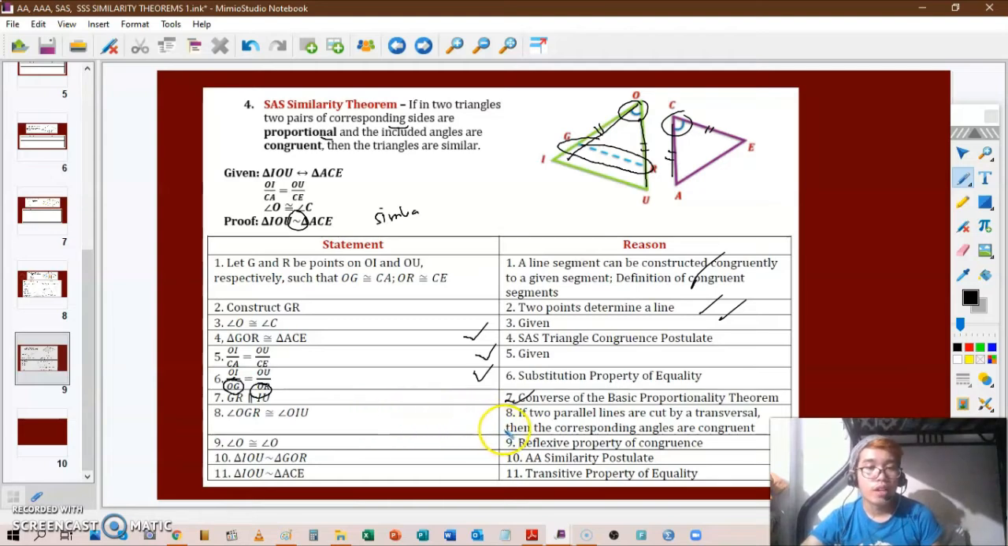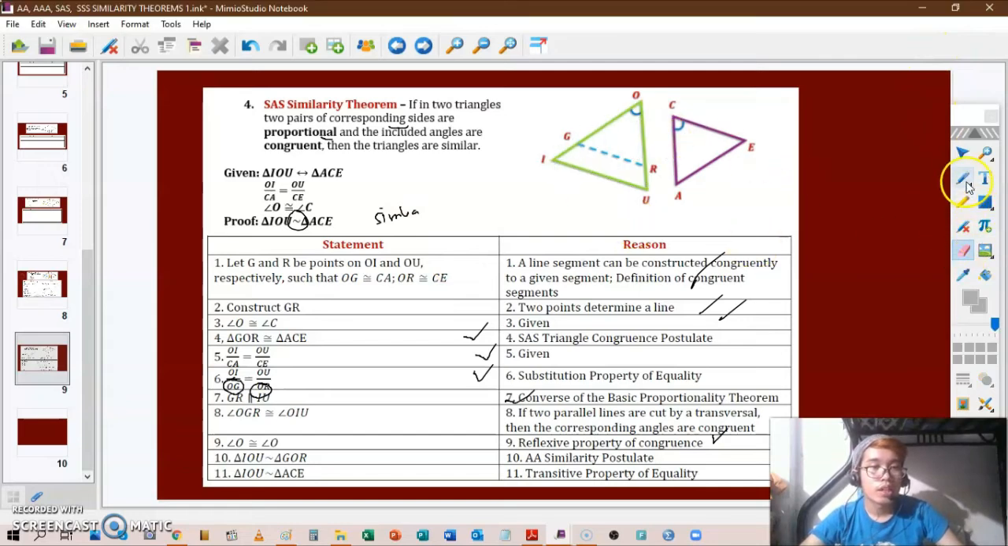So if two parallel lines are cut by a transversal, the transversal here being this one, and these are two parallel lines, then their corresponding angles, these corresponding angles, are congruent to each other. And by using the reflexive property of congruence, we can say that angle O is congruent to angle O, and therefore we can say by using the AA similarity postulate that triangle IOU,